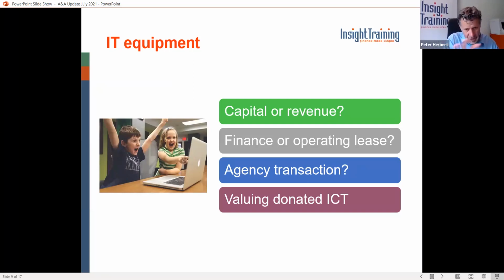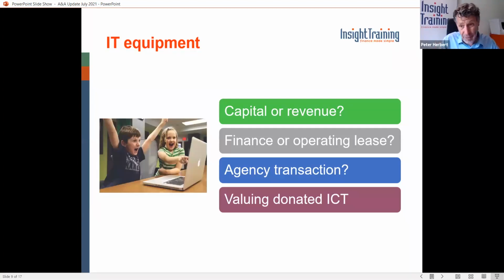And there could also be practical issues there around valuing that donated equipment if that were the situation the trust were looking at. One more point on the operating lease situation I was made aware of on a course last week. I'm reliably informed that when trusts lease equipment under operating leases of this nature, the deal might be with the lessor that the equipment will need to come back at the end of that lease term for return to the lessor entity. And if that return did not happen, the trust then will be liable for some sort of